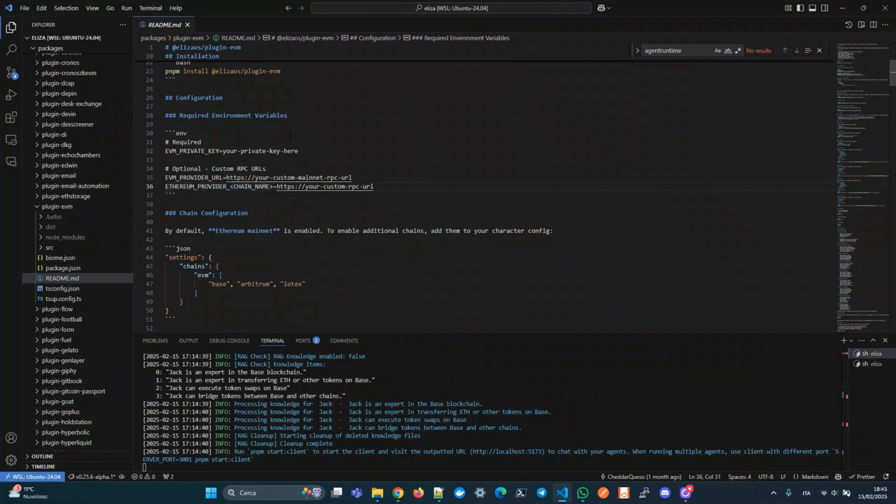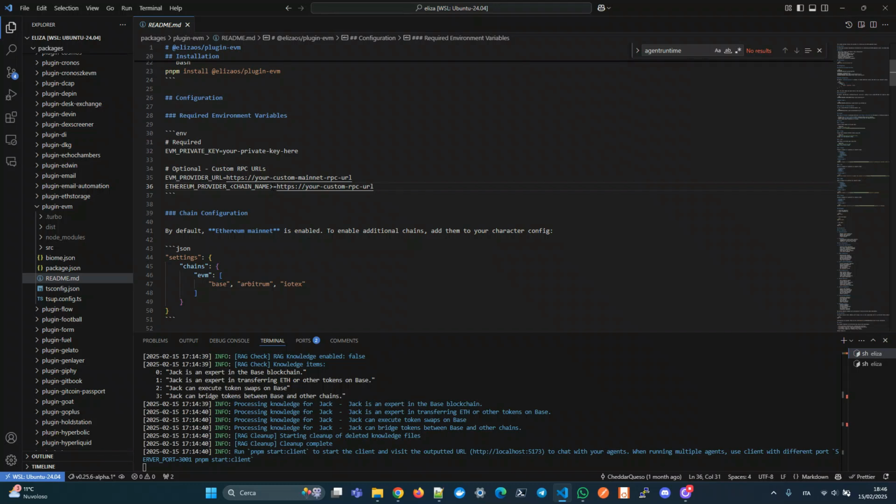For example, if you are using Arbitrum, you could add here Ethereum underscore provider underscore. And also, if you want to use, for example, Optimism, you could put here the URL of Optimism, and of course, you could also use